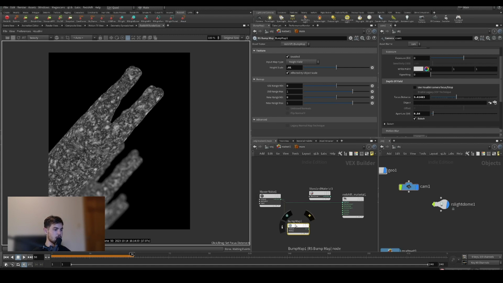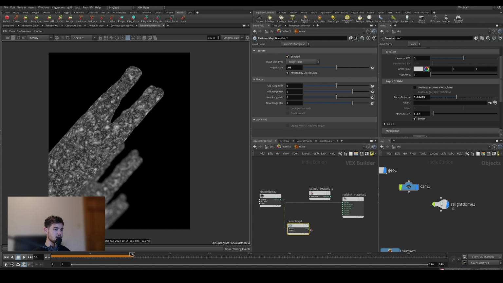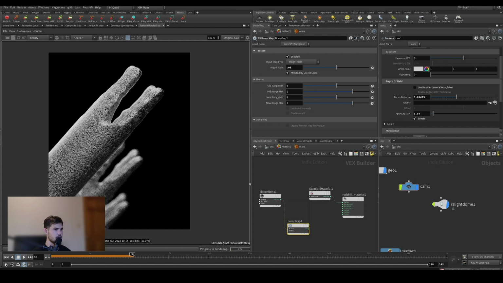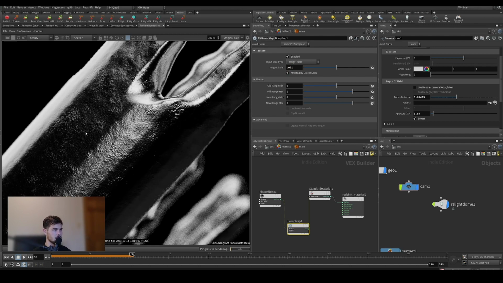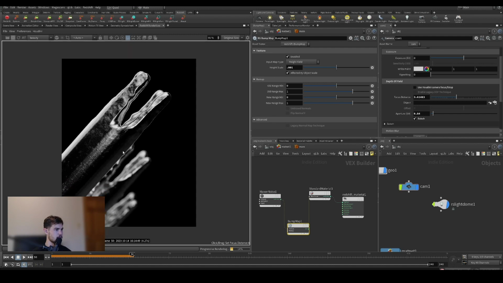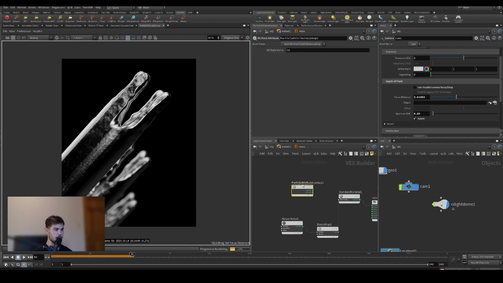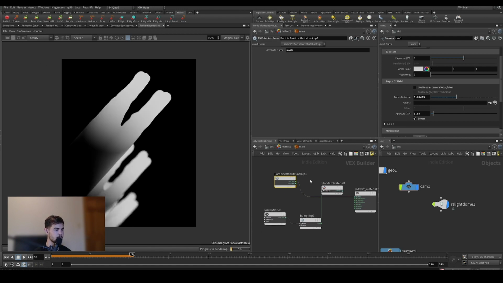And so we're using a black and white noise. So our bump map needs to be set to height field, and we'll pump that into the bump input, and the scale is still too high. So let's, okay. Something like that, starting to look okay. We have that running along there, and we can bring in our mask attribute, which should be on there. Yeah. So our mask attribute's on there, and